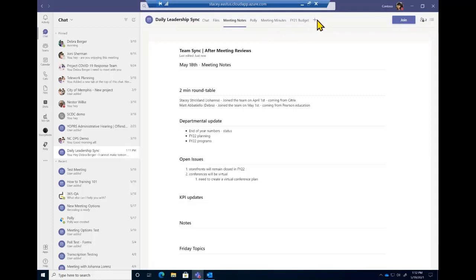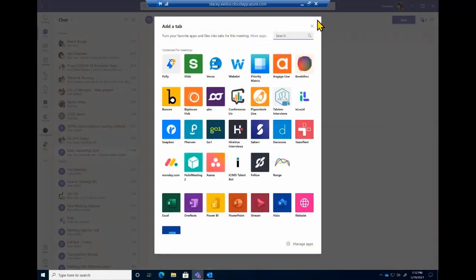I'm going to click this, and what you're all going to see, this is a government tenant. This is a GCC environment, but I have enabled these third-party apps. So one thing I will say is if you see things that you do not have access to, it is available in the government community cloud, but typically we deploy it off by default.